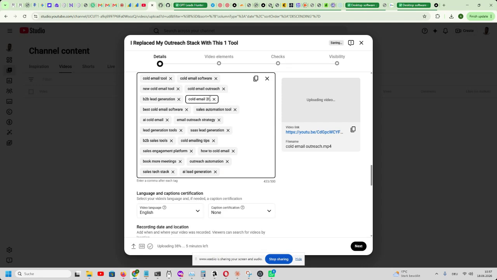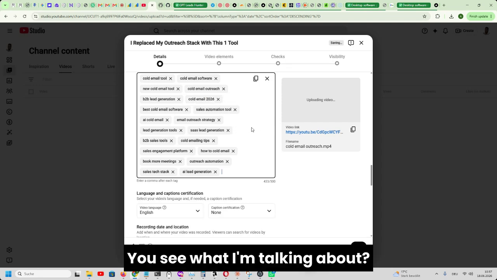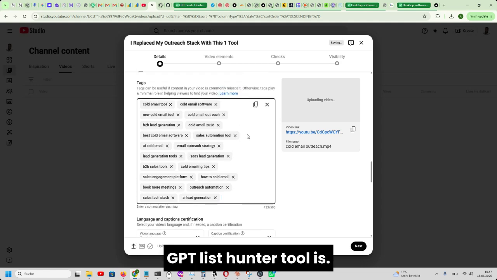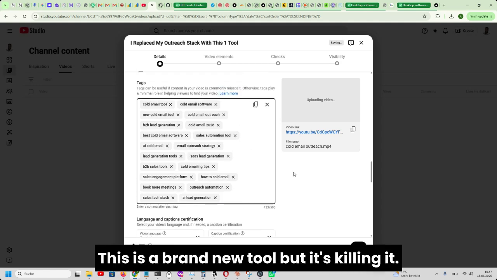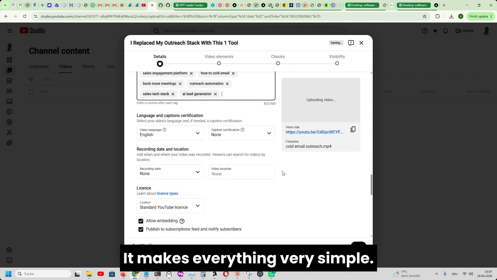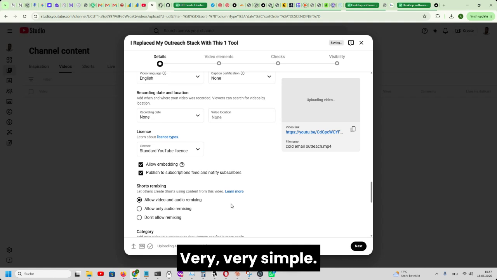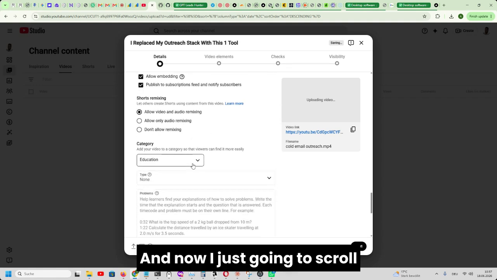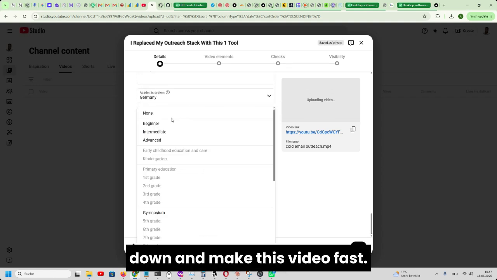This is crazy. You see what I'm talking about? Very easy. GPT Leads Hunter tool, this is a brand new tool, but it's killing it. It makes everything very simple. Very, very simple. And now I'm just gonna scroll down and make this video